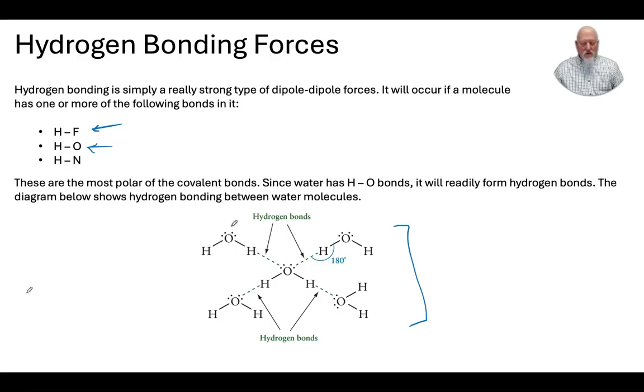So in water, the oxygen is more electronegative than the hydrogens. So the bonding electrons are pulled towards the oxygen, which makes the oxygen slightly negative. And it makes both hydrogens slightly positive. So when a water molecule interacts with another water molecule, the hydrogen from one molecule is going to want to interact with the oxygen from the other molecule, because one is slightly positive and one is slightly negative. And when I bring a bunch of water molecules together, as they're moving around, they try to orient so that hydrogens are interacting with the oxygens of the other molecules, and so on,